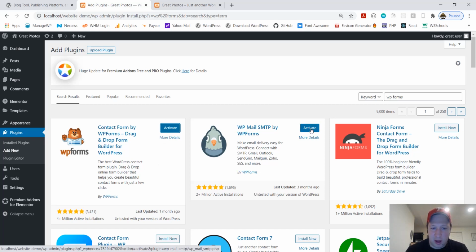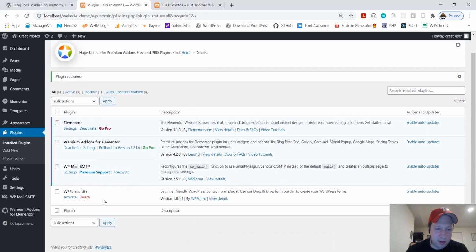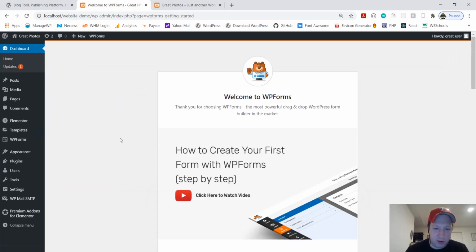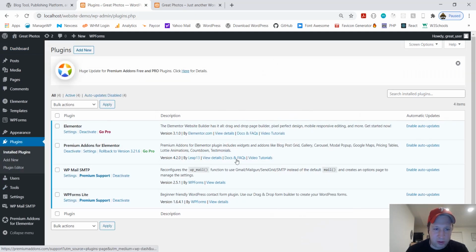Okay, so we're going to activate that puppy. This WP Mail List TMP. Also gonna, so it brings us back to the plugins page. I'm also gonna activate this other one. So see how it has this blue border on there? That means it's activated, and it changes screens all the time. I'm sorry. Okay, so that's all we need to get started.